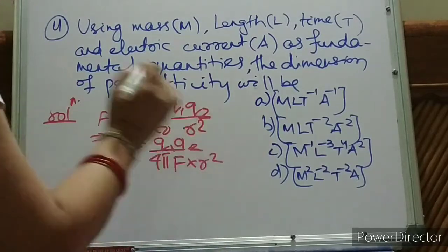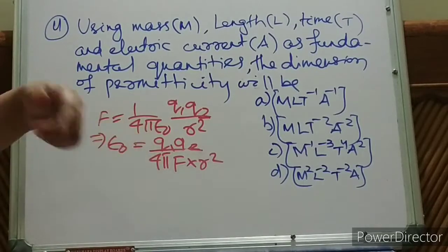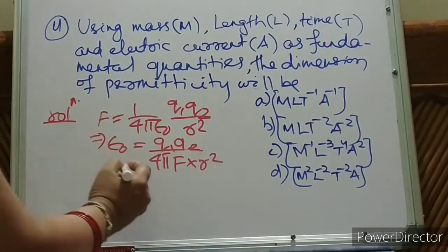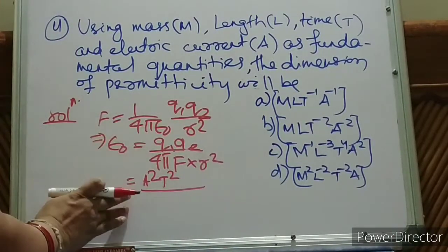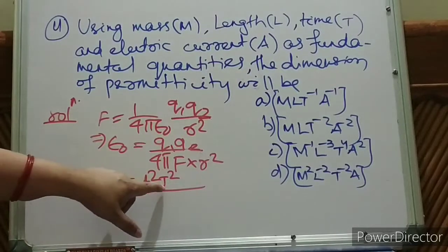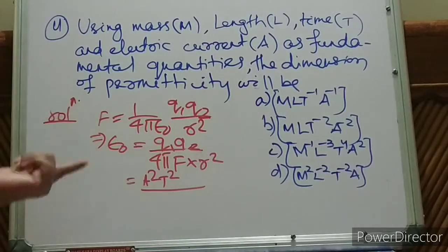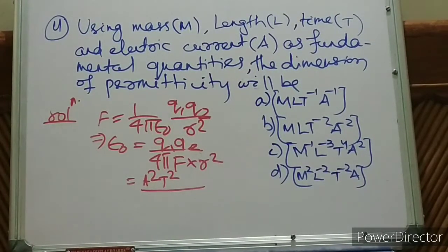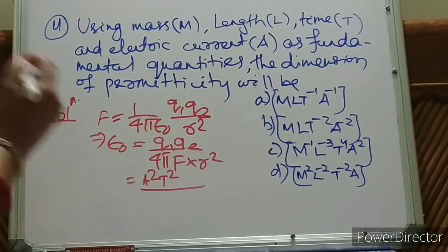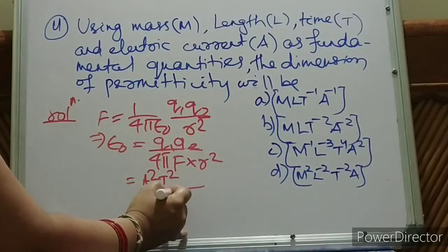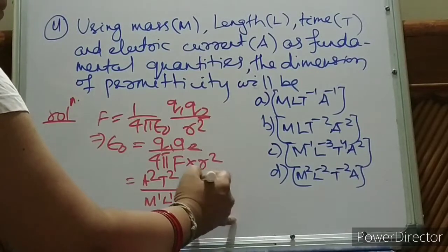F into R square. So Q1 Q2, that means charge. Charge means I T, Q is equal to I T. So we will write A square T square directly, because you know Q is equal to I T, where I means ampere and T means time. Since charge into charge, so A square T square. What is F? Quickly, what is F? You must practice this thing. You should not be doing force is equal to mass into acceleration, because it will kill your time in the entrance exam. So M1 L1 T to the power minus 2. Okay. Then R square is L square.